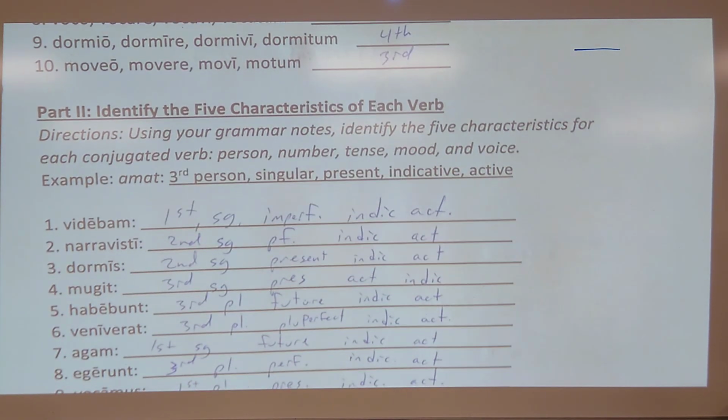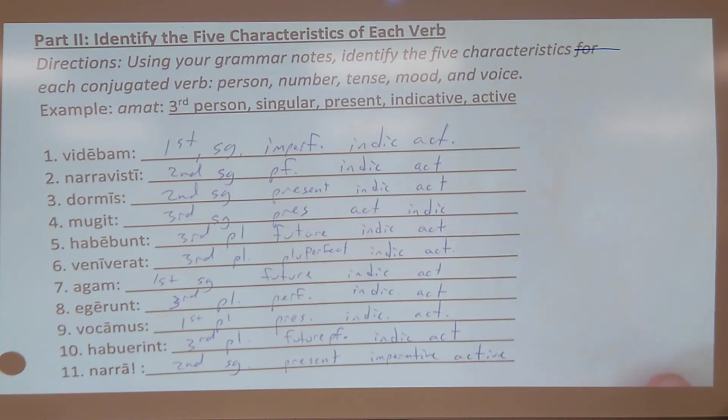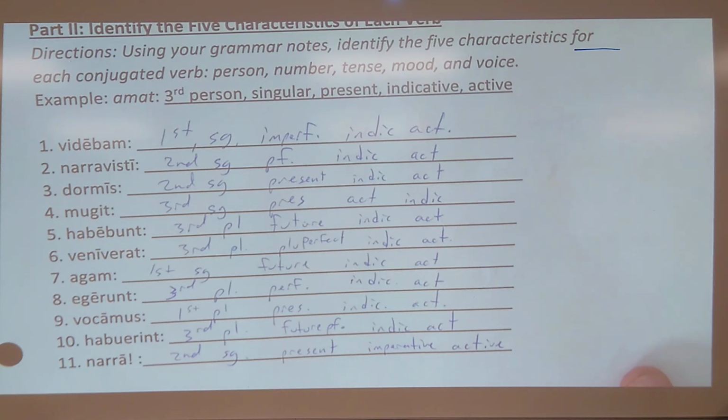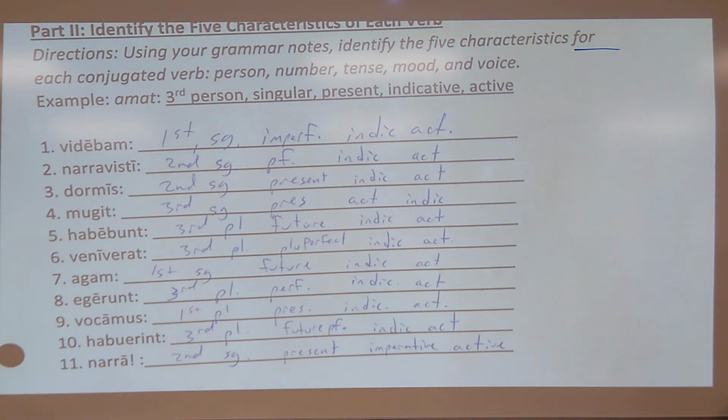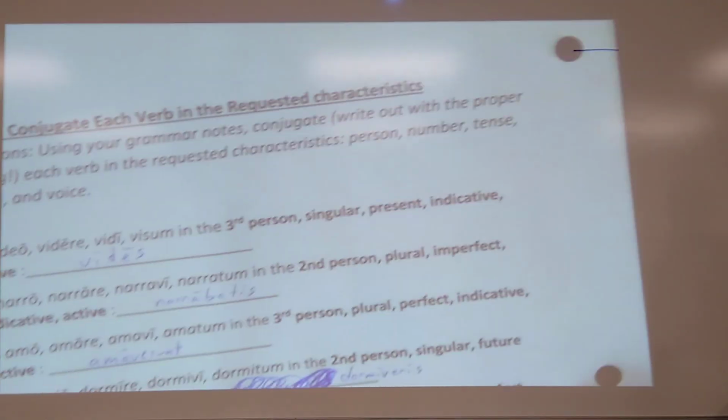Getting down to part 2 here, you'll notice I've abbreviated almost everything, but hopefully you can tell which endings are which. Again, you can pause the video now here to check your answers. All right, and I'll go ahead and flip it over and